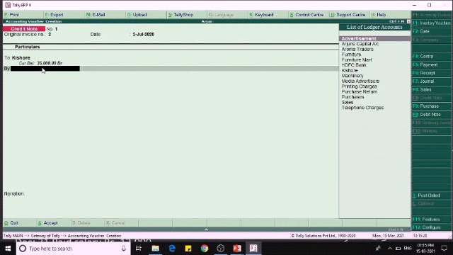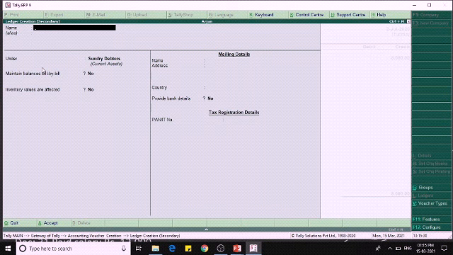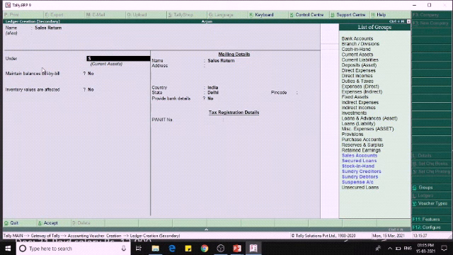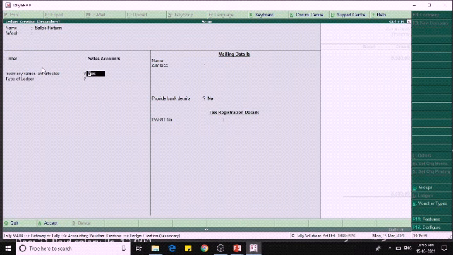And then we have to debit the sales return. Before that, we have to create the ledger for sales return. It will be coming under the sales.